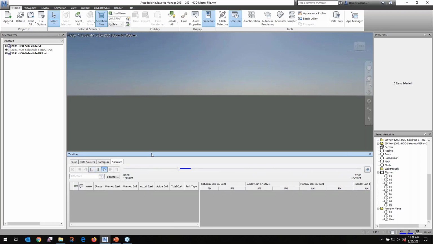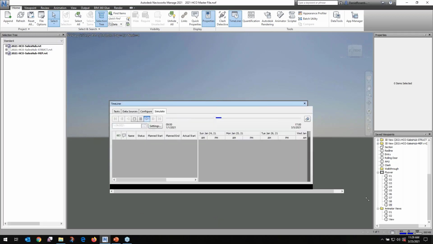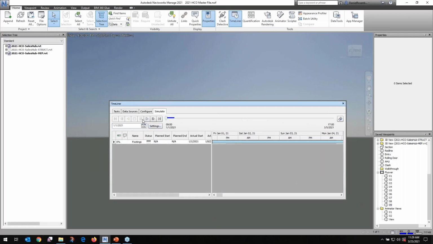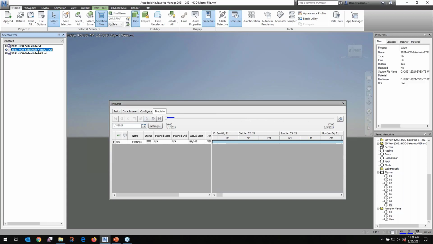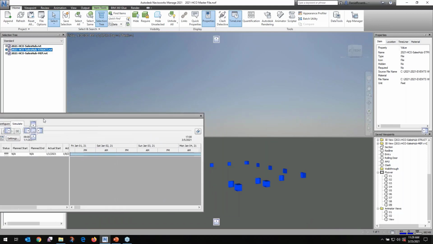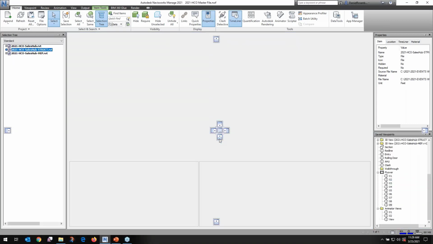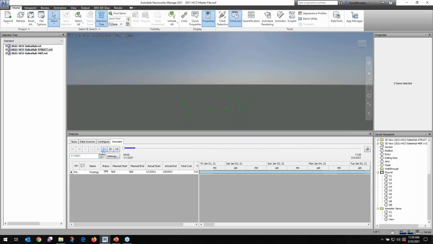And hang on. Let's get a good view. There's a problem. I turned off the structural model. Sorry about that. Try that again. I'm going to move this out of the way so we can see the whole thing here. No, we'll just dock it, even better. Okay, so